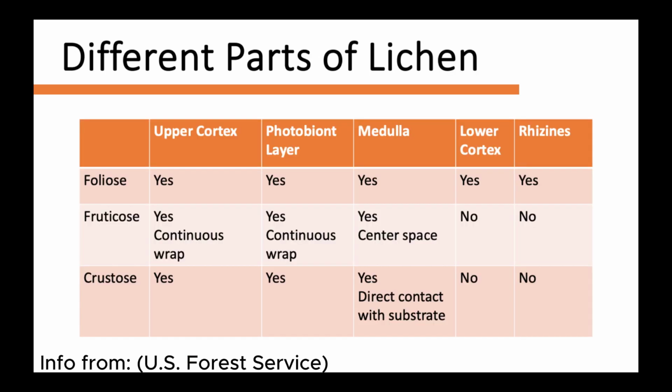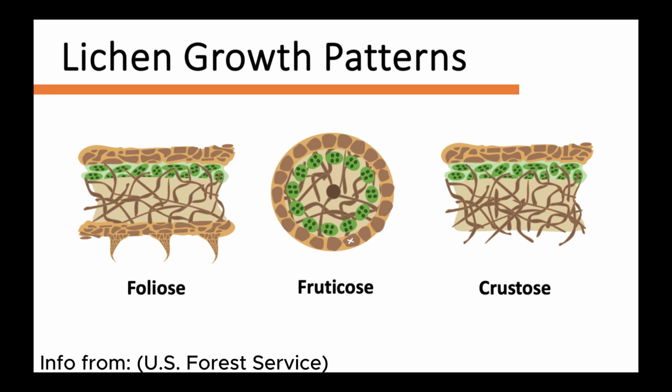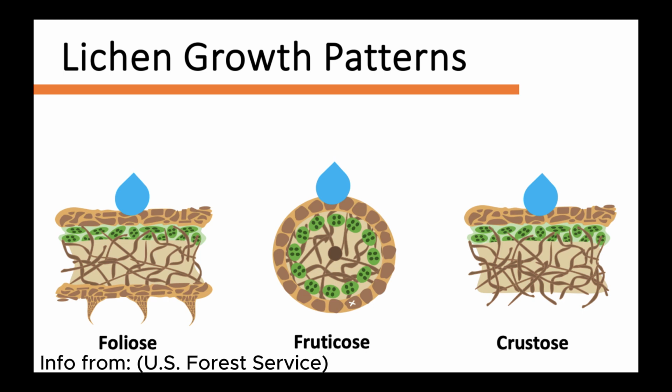The cortex is the thickest part of the thallus and provides a small amount of protection and color in some species of lichen. The algal layer helps to tell what kind of algae is in the lichen. When dry, lichen is often gray or the color of the cortex cells. However, when lichen gets wet, the cortex becomes transparent and the color of the algal cells can be seen.